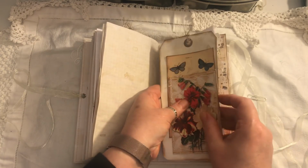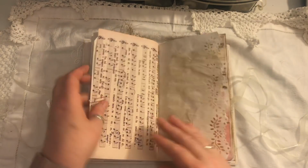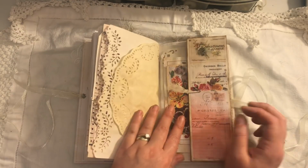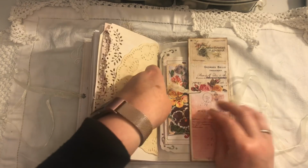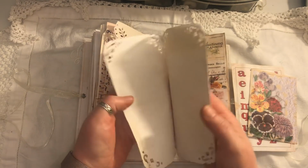Oh, it's rather noisy around here for so late at night. It's nearly 2 in the morning. I slept all day because I thought I had allergies, but it's actually a cold, so I felt really rubbish. And because I've been awake all night, I thought I might as well crack on with this journal instead of